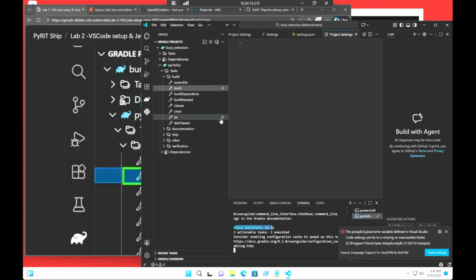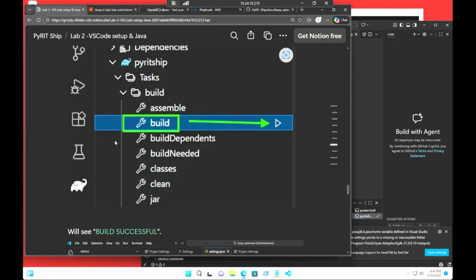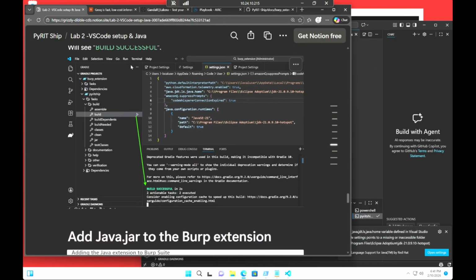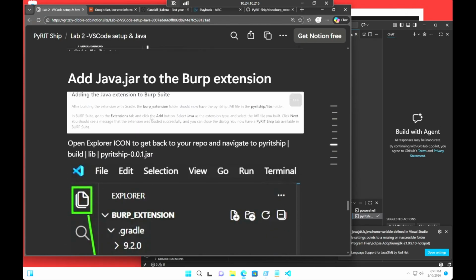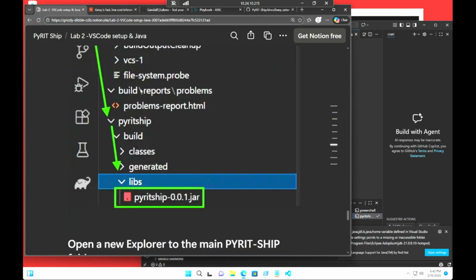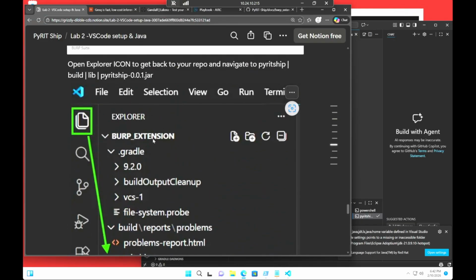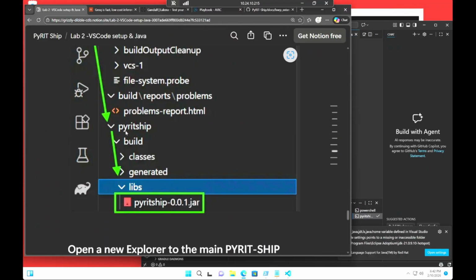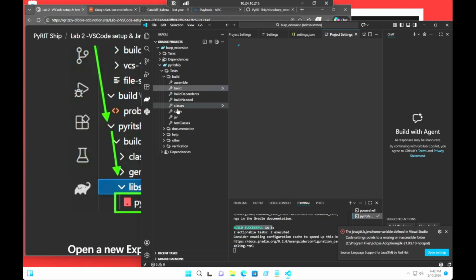And so once that's done, it's actually going to produce a jar file. That's the jar file we need to put in the Burp Suite. So let me go down here. So here's the build success screen. Here's the add Java jar to Burp Suite area. So back to, let's see here, Burp extension all the way down here. And then it looks like it's the library. So if we go back here and go down to the library,